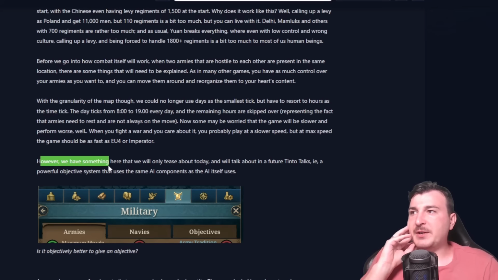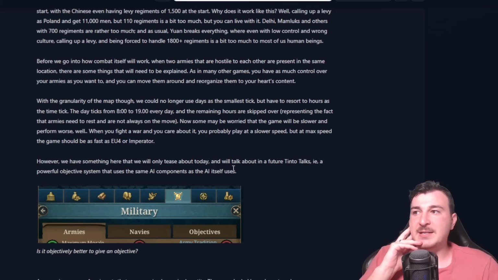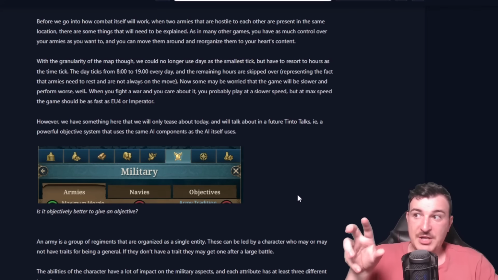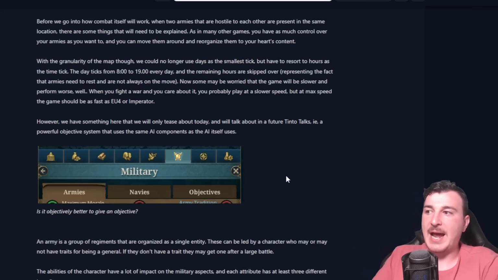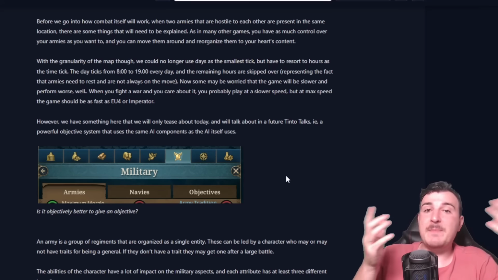However, we have something here that we will only tease about today and we'll talk about in future Tinto Talks, the powerful objective system that uses the same AI component as the AI itself uses. So we have here the military screen, we have the armies, navies, and objective. The objective screen essentially will let your army automatically do certain things like try and capture a specific area if you have, say, a massive army and you have a few of them set to automatically be managed,